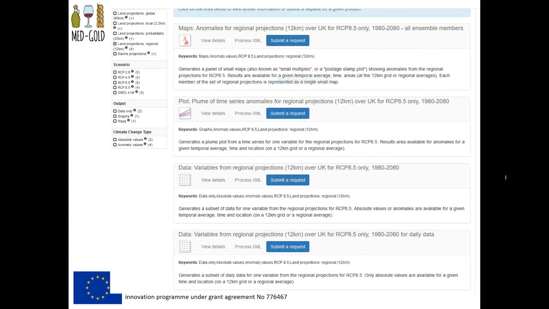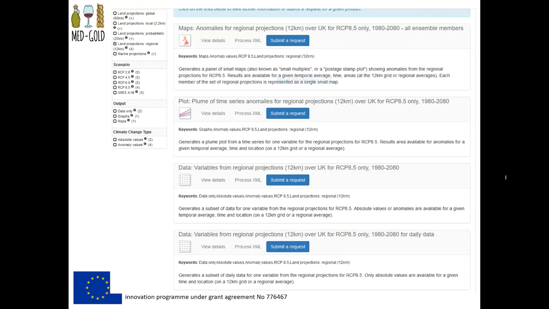So if you sign up for the UKCP interface, the first thing you get is this list of all the different climate projections on the left there. So there's global projections, regional climate model projections, what we call convection permitting, which is the 2.2 kilometer simulations. There's different scenarios, some of which may or may not be available, depending on which climate data set you're interested in. And there's different time periods, and then you can also look at absolute values or anomalies.